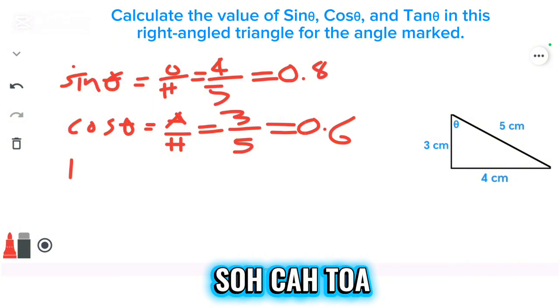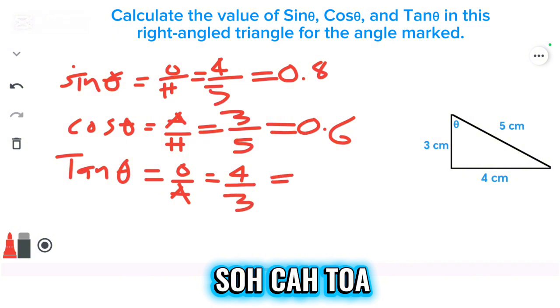And finally tan theta, which is the opposite over the adjacent, and the opposite is 4 centimeter or 4, and the adjacent is 3. So we have 4 over 3, again with respect to this given angle here. So 4 divided by 3 is equal to